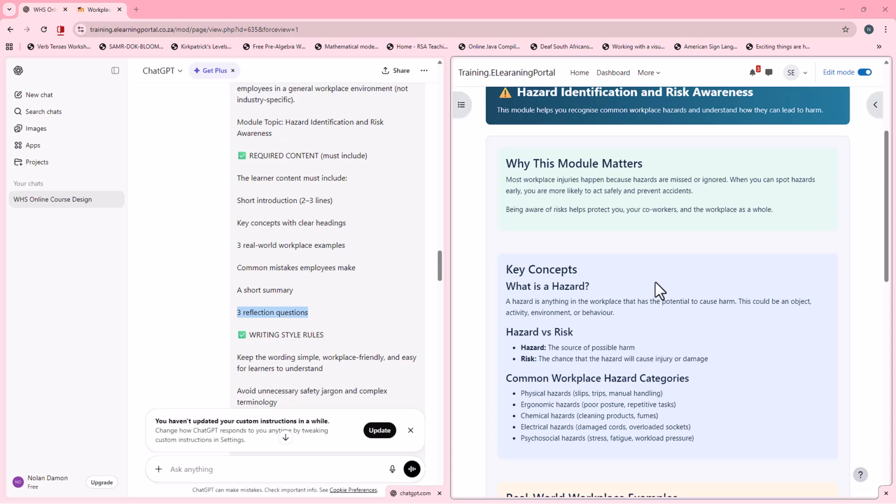Now, before we jump into that, just a quick and very important note. Even though AI writes fast, you still want to do a quality check. Look for clarity, short sentences, workplace-friendly wording, and no unnecessary technical jargon that can confuse the students. Okay? If anything looks too complex, you can simply ask the AI to simplify the wording, but this output is